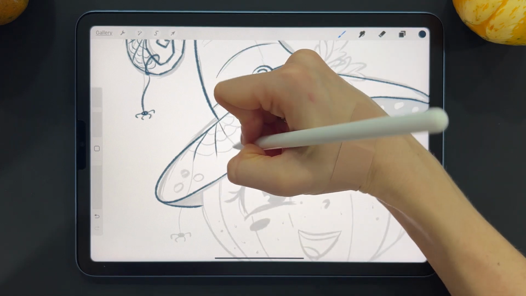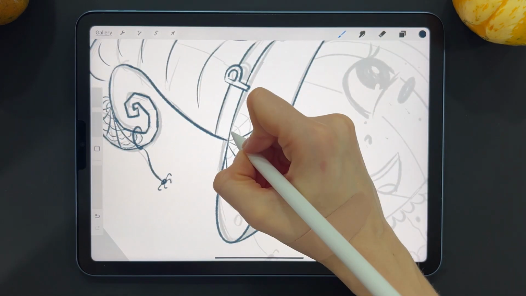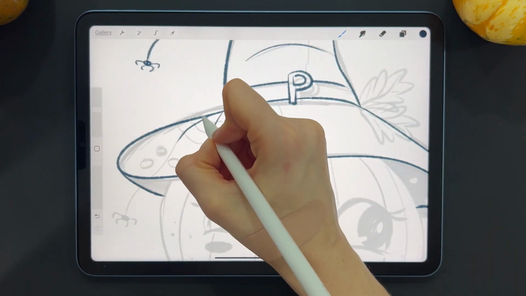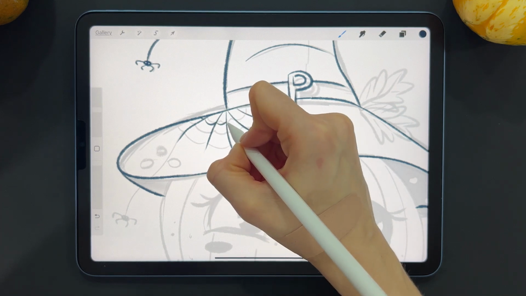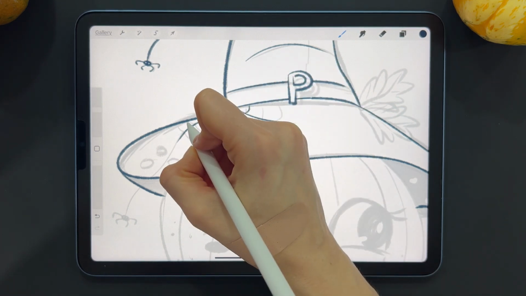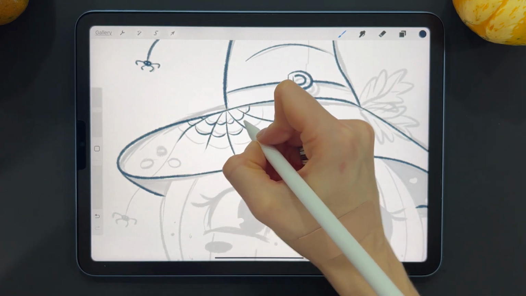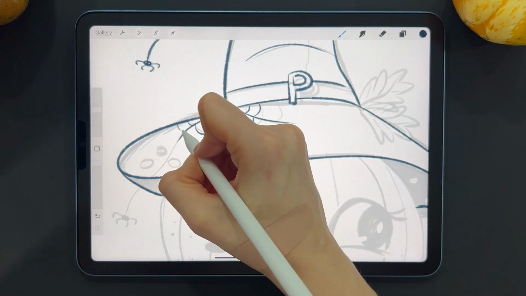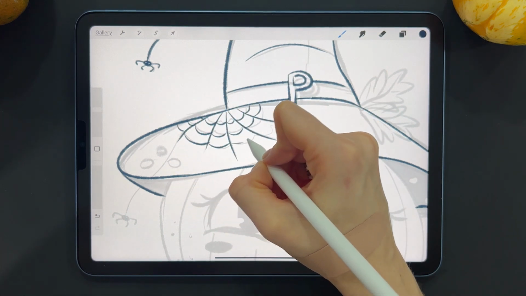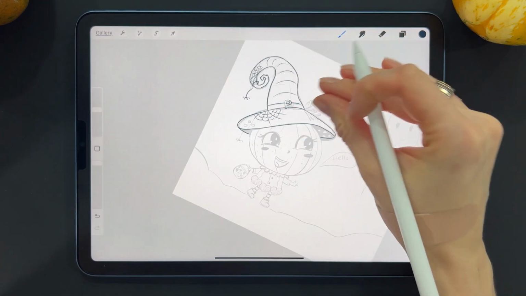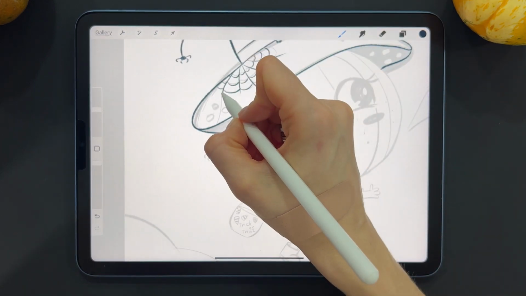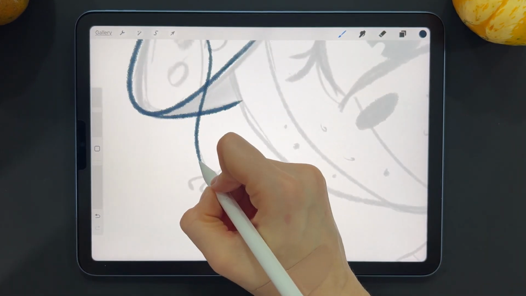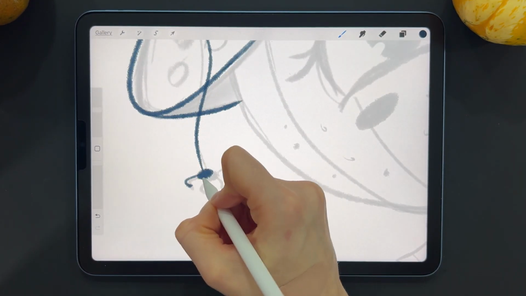So I like the way this spider web is. I like that it has the ends finished. Let me see, okay, like it. And then here is the line for another spider,